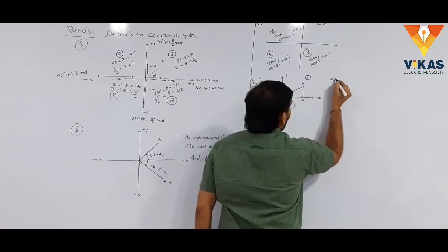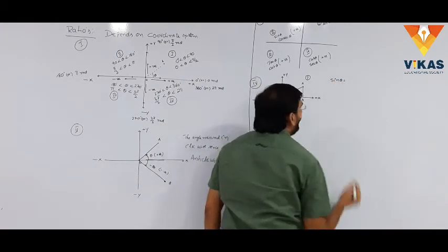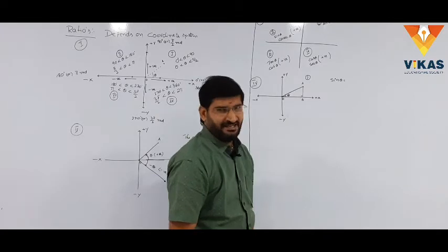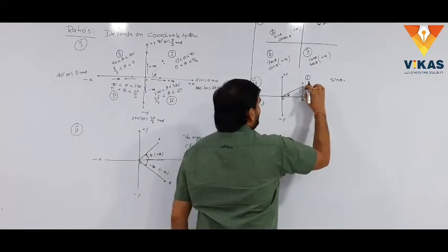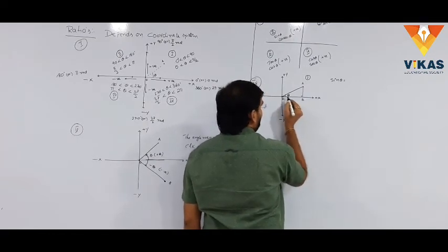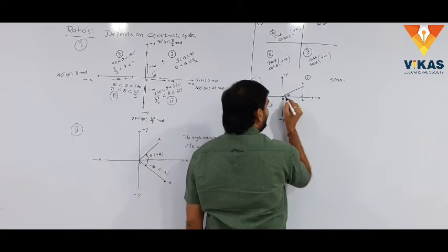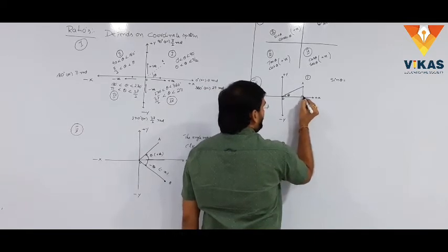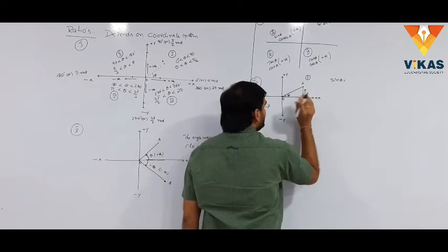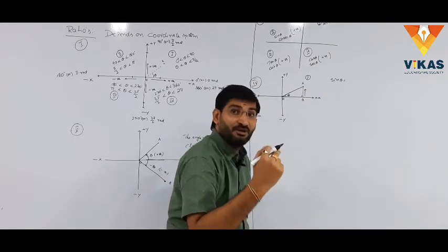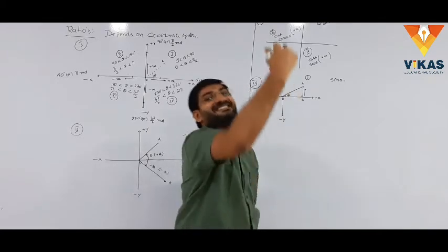First, we want to calculate the value of sin theta, which is positive or negative. According to the formula, sin theta equals opposite side by hypotenuse. All the distances are measured from the x-axis only. Here, the opposite side is AB, the distance measured from B to A, simply like this. You don't measure from A to B.